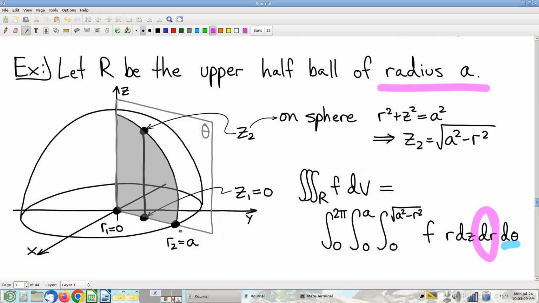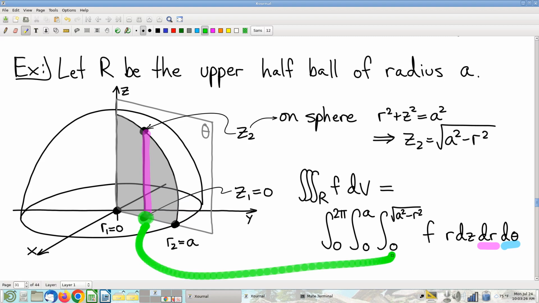Okay. And now we fix an r slice of our theta slice. So for our z bounds, all we're interested in is this r slice of our theta slice. Lowest value of z comes from that point, which is clearly in the xy plane where z is 0. The upper bound, let's see here, I'll use orange. The upper bound, that point. Thankfully, I have a picture here. That point I can see is on this sphere